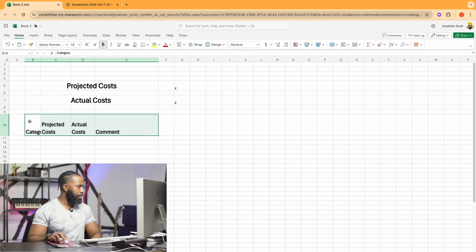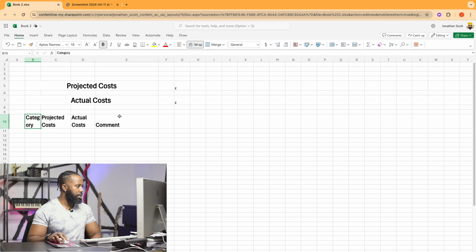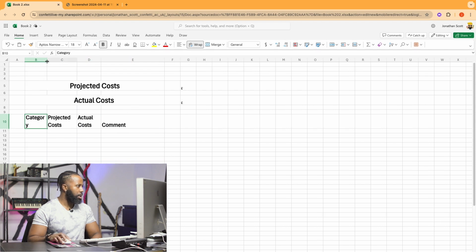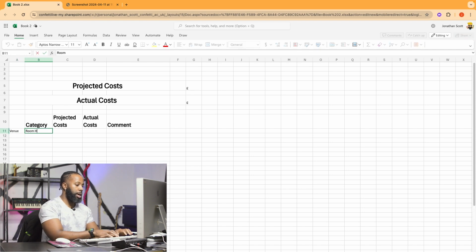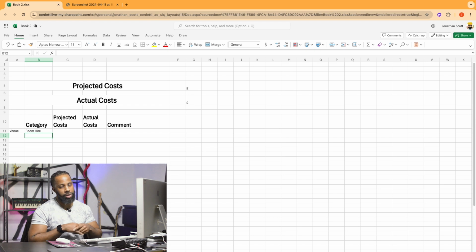Right click on category again, I'm going to wrap that. Let's just stretch that so my whole word is visible. Now, I'm going to change something from my example, and I just want to make it just a little bit clearer. So for my first section, which is just going to be costs relating to venue, I'm just going to put it to the side. So anything in these first few rows that I'm going to import is going to be costs related to my venue. So if I do room hire, and then the next row, I'm going to put in equipment